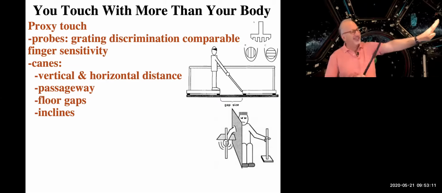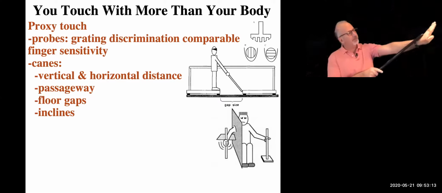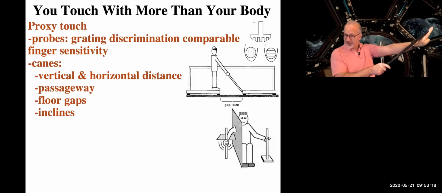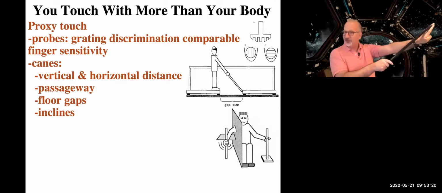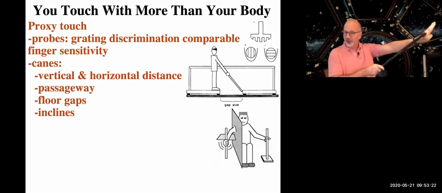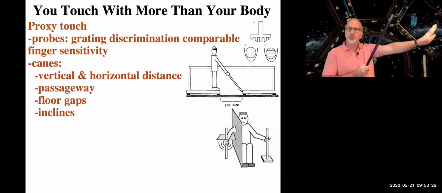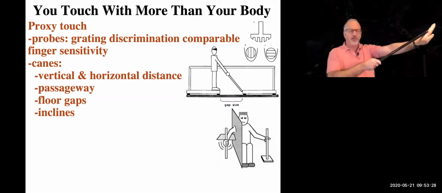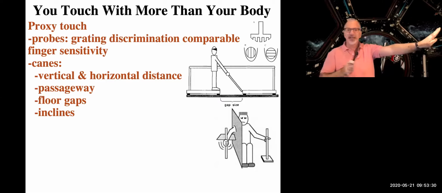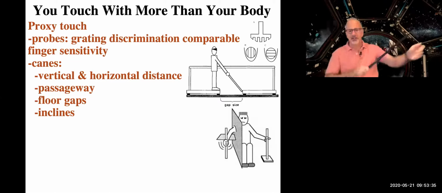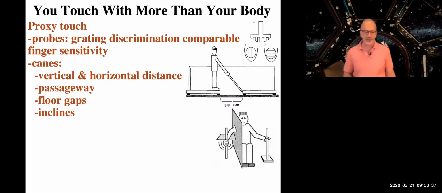Hey, there you go. I could probably walk up a ramp that has a higher incline than Shaq because of our center of gravity being different. Mine's certainly lower than his. And I would be able to determine the right ramp for me to be able to climb up, not by looking at it, but by just touching it indirectly through proxy touch. It's the same sort of thing. All these things are very good.